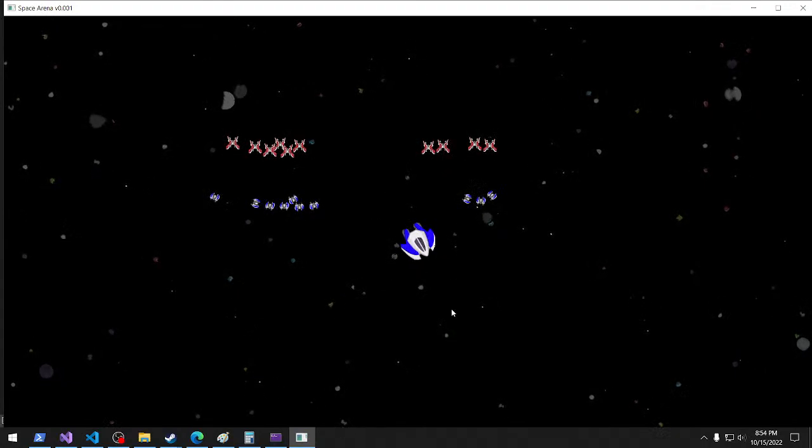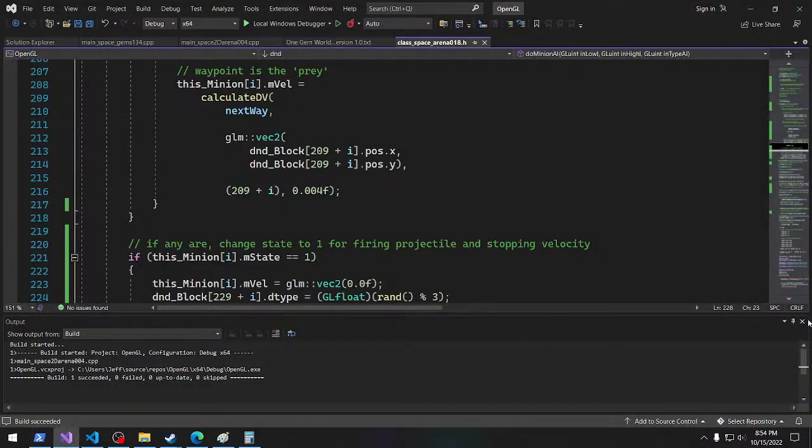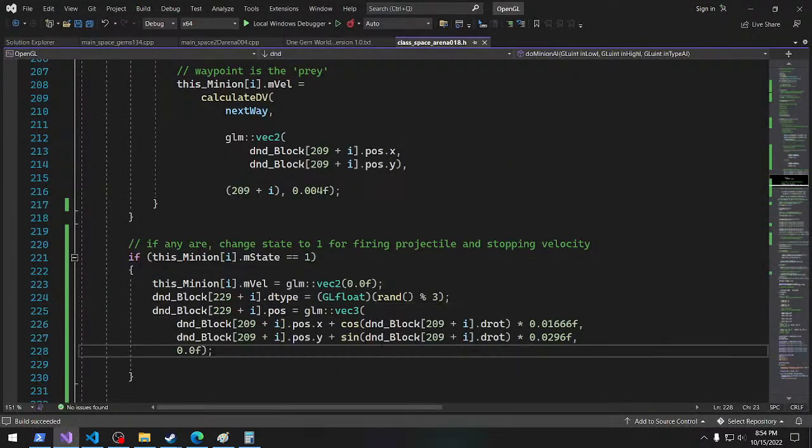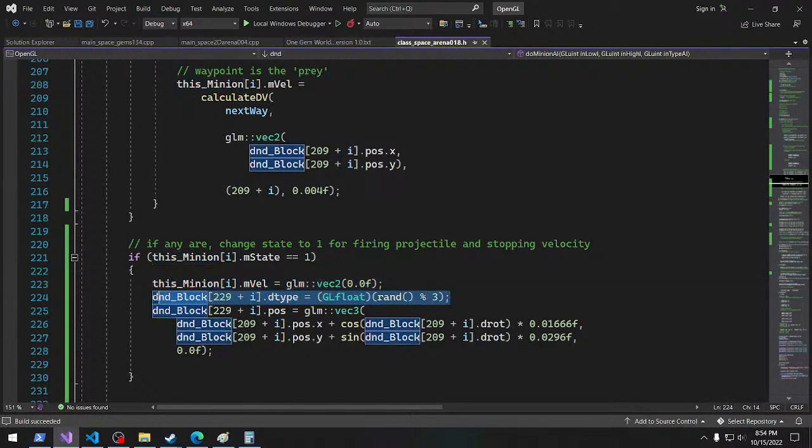Okay. So this worked. The velocity was set here. D type was changed, 0, 1, or 2. And then the position of the